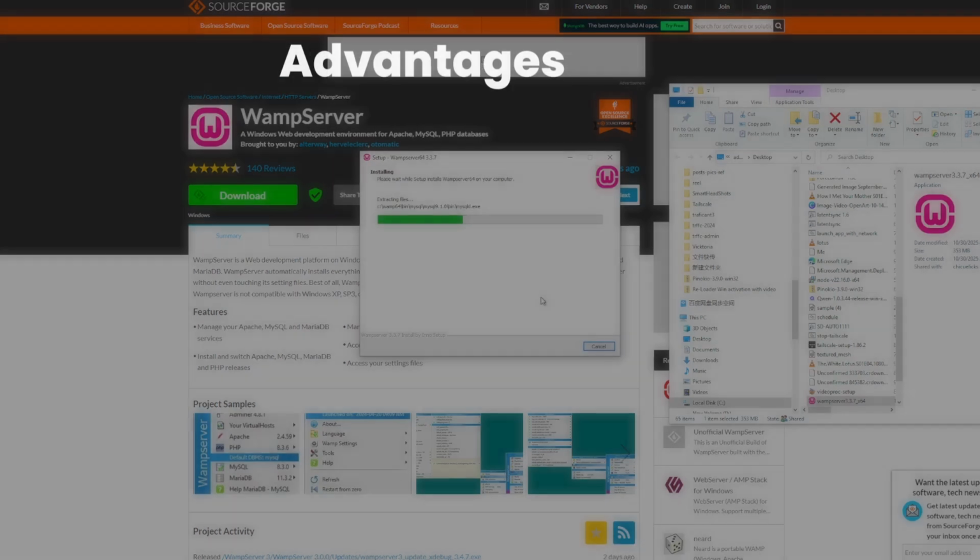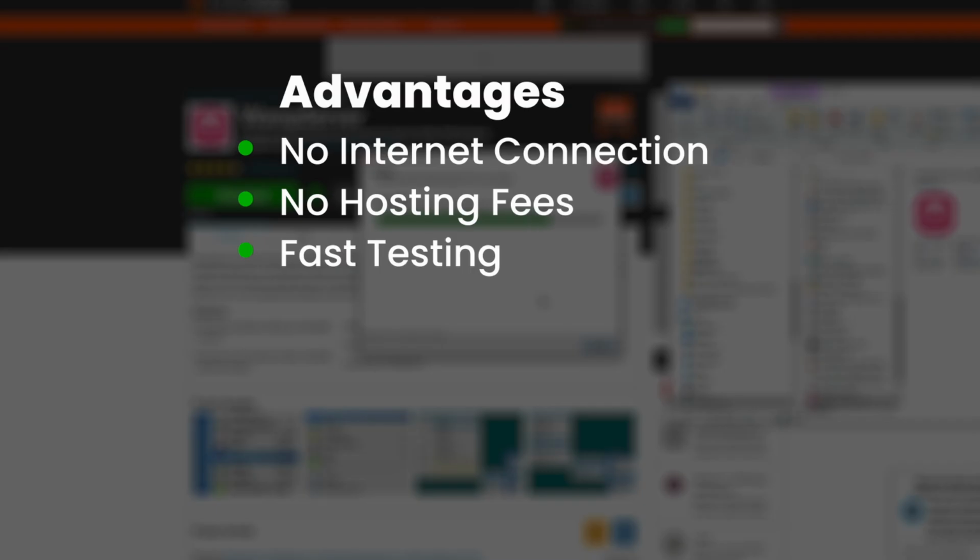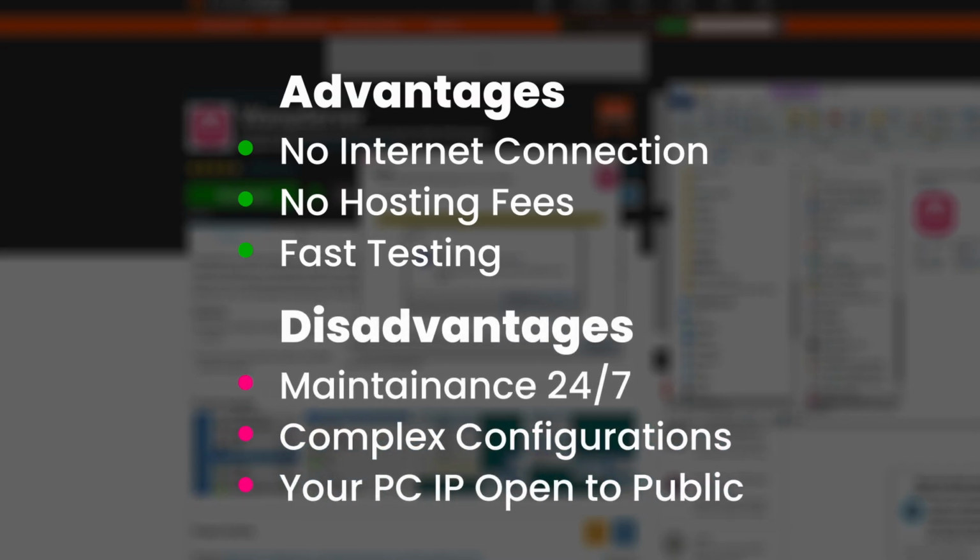Here are the advantages. You don't need an internet connection. You don't pay for hosting, and you can do quick tests if you're a website designer. Well, the disadvantages are you need constant maintenance. That means if you put up your website, you need to have your computer on 24 hours a day so